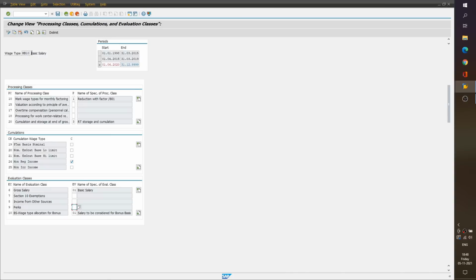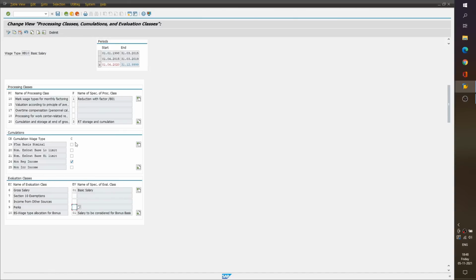This statement is true for each and every country for which localization is available for SAP payroll. The forms may be different, like in India we have Form 16, in the UK we may have P60 or some other form. The reports, forms and names of the evaluation classes may be different, but the nature of the evaluation classes will be the same: they will always be used for certain reporting and forms.